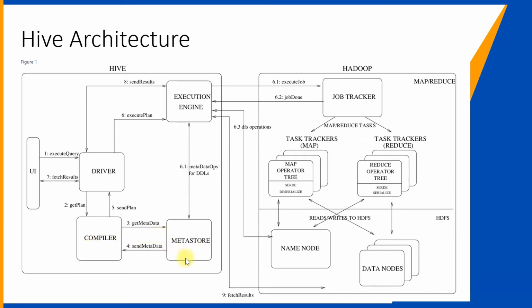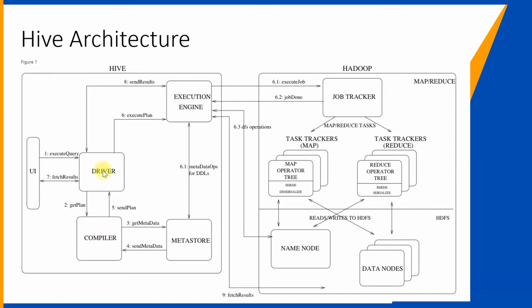So, what is a metastore here? A metastore is nothing but the metadata about Hive itself. So, for example, your tables, column names, and where is this located? What table has what column? All that metadata about Hive is stored in the metastore, right? This is typically done on a MySQL instance or any relational database, right? This is nothing but a relational database that contains metadata about the entire Hive, right? So that is used for compiling your input queries, and then it will send the plan to the driver.